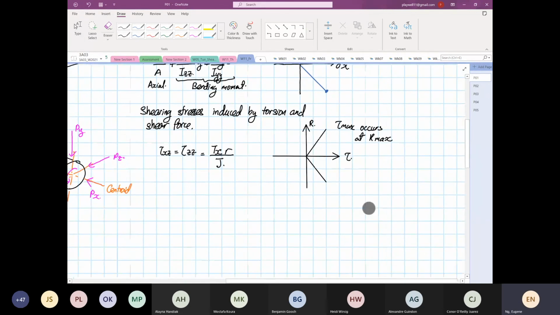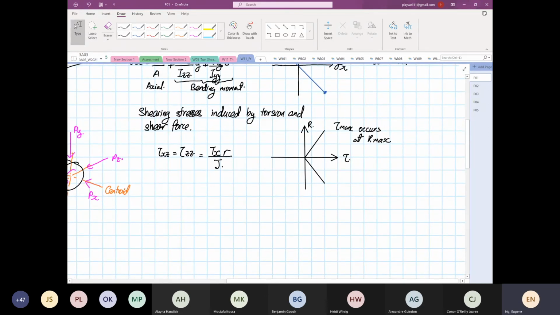And then another one contributing to the shear is shear xy or xz equal to shear